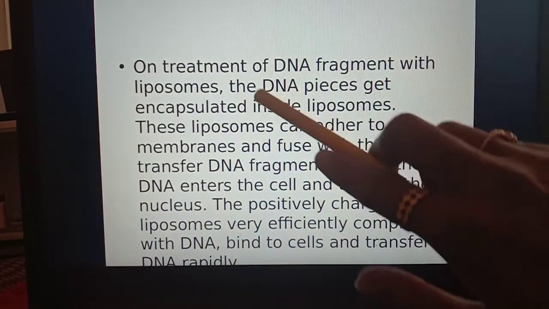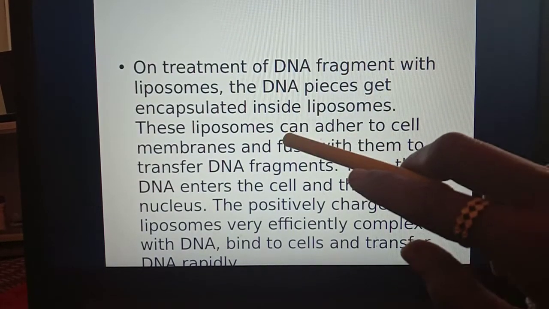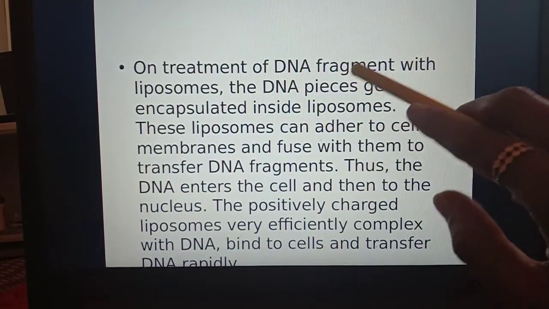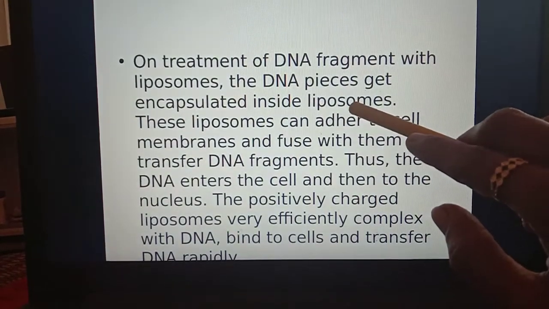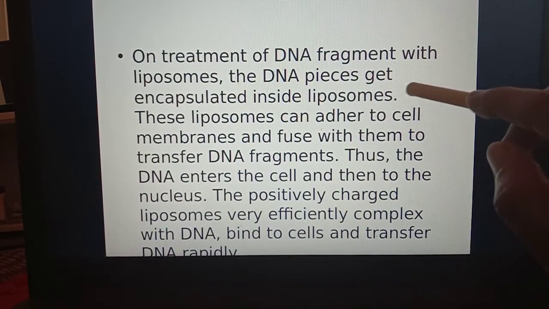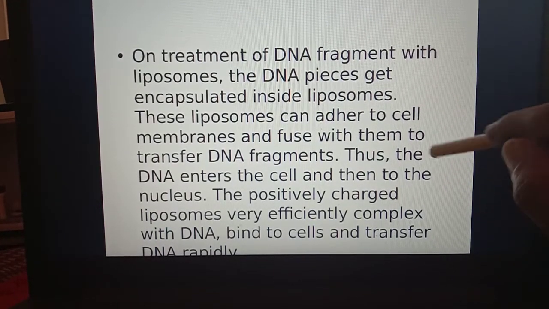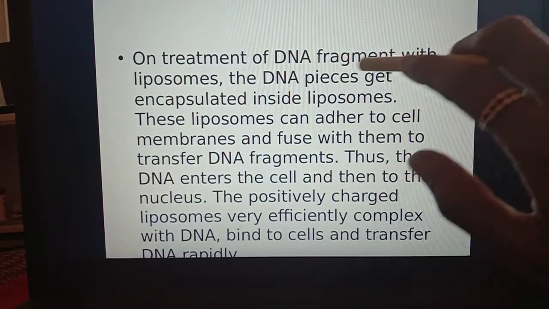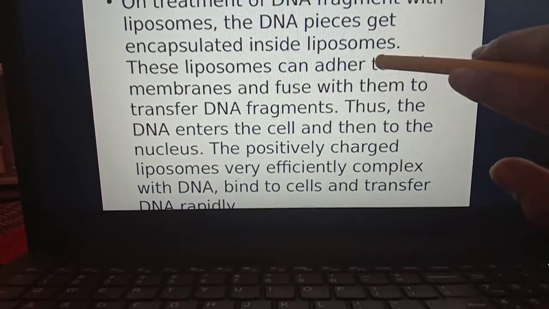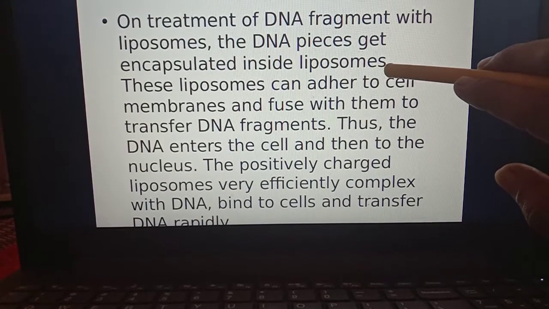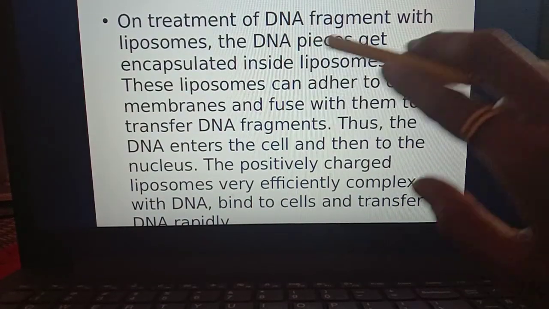On treatment of DNA fragments with liposomes, which have an aqueous interior, the DNA pieces get encapsulated inside the liposomes. We have discussed that the liposome interior is made up of aqueous molecules, and outside it has the hydrophobic zone. The DNA pieces get encapsulated inside the liposome because DNA is polar in nature. Because of the phosphate group, it can be present in the aqueous solution. So DNA gets encapsulated inside